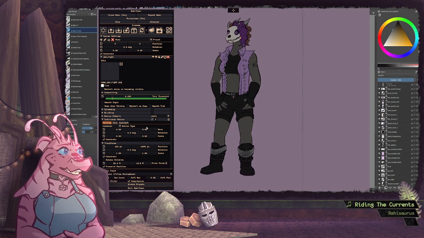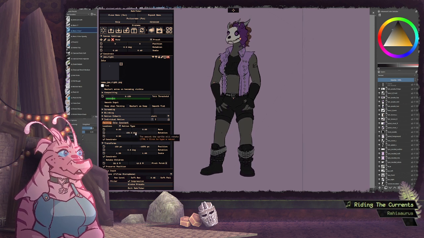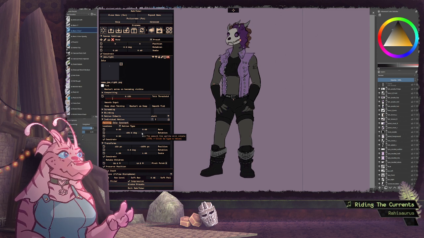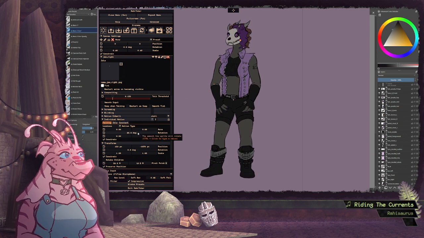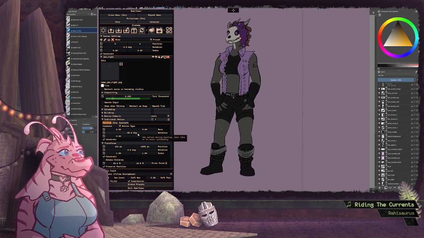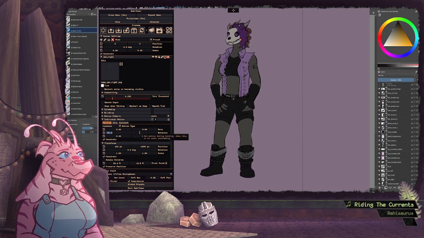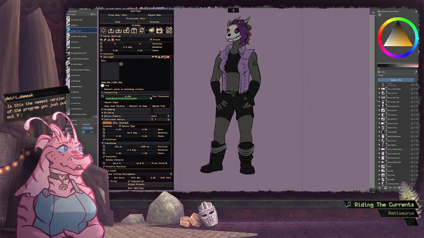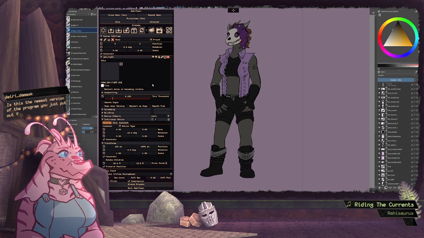That is going to be no movement though. We actually want rotation. Is it? Wait, what the heck? Oh, I see. I'm using the wrong, this is on the wrong layer. Doot doot doot. Is this the newest version of the program? Yes, it is.